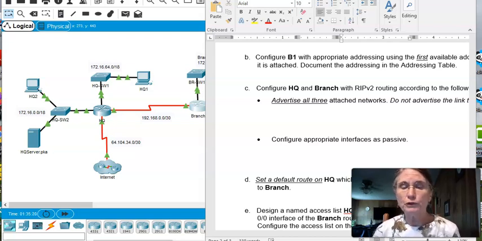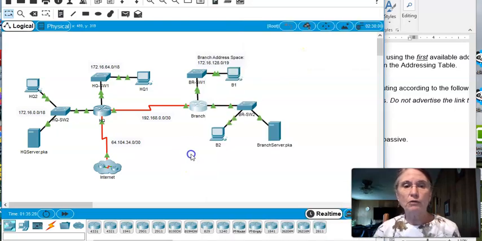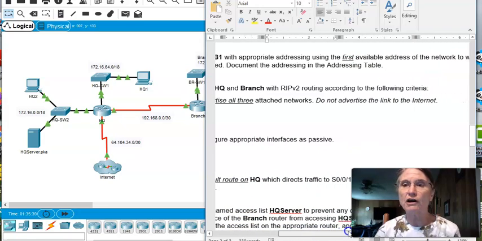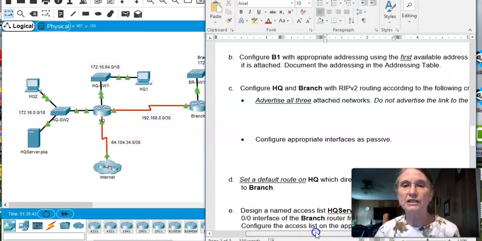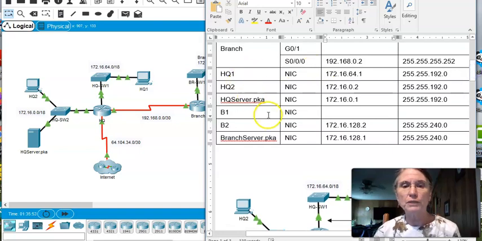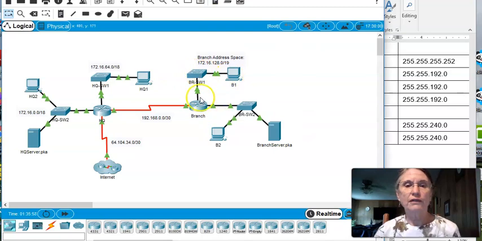Now we will move to step B, where we are going to configure device B1, which is a PC, with the appropriate addressing using the first available address of the network to which it is attached, documenting that addressing in the addressing table above. So B1 is attached to the